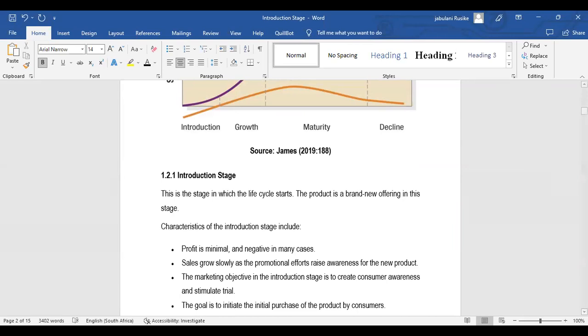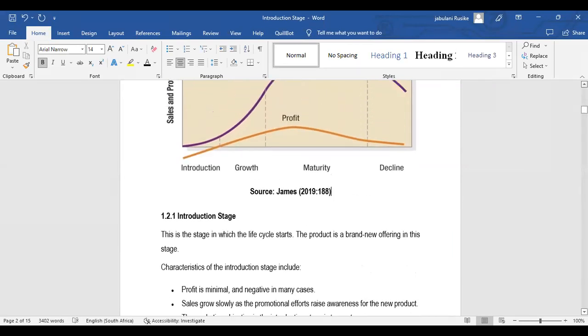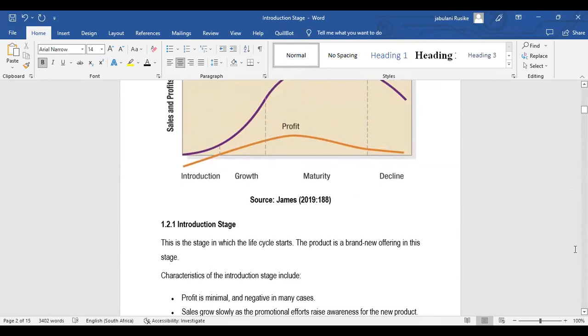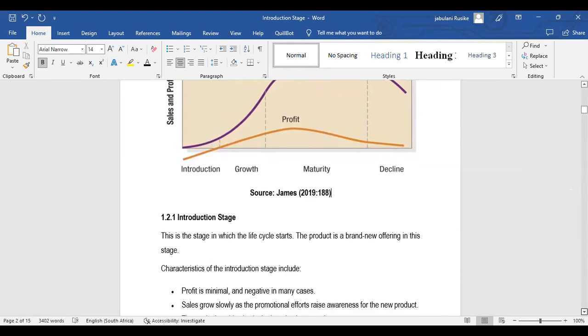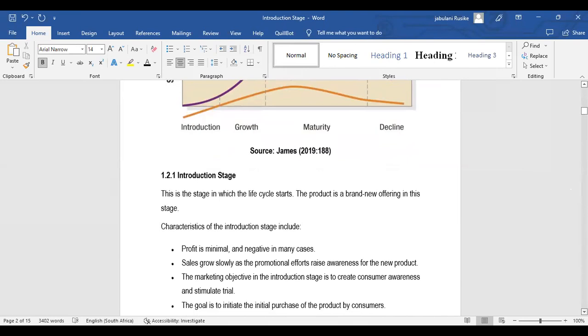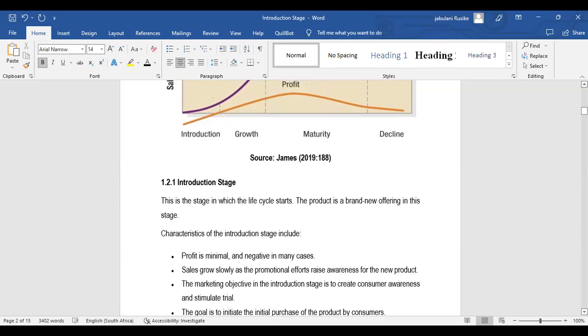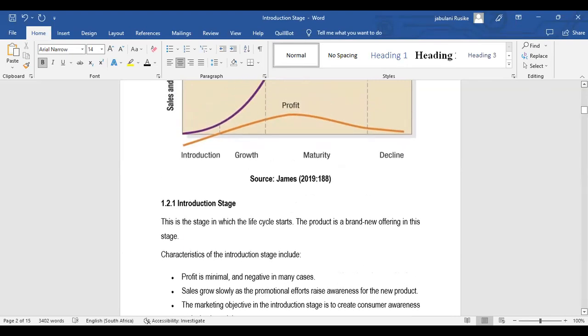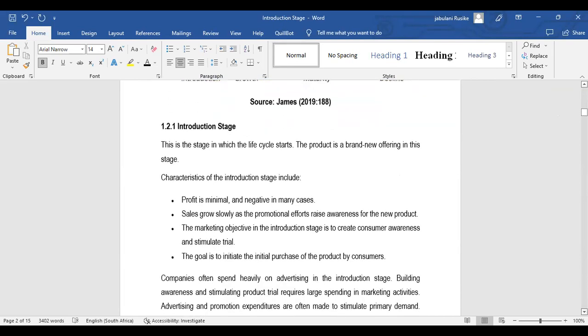We did speak about it. We said this is the first stage, when a product is being introduced. So the key point here is to look at the characteristics of the introduction stage, right? In this introduction stage, we can see that the profit is minimal. There is no profit, or the profit is too little, because you are trying to introduce the product to the market. You are trying to create awareness. You are trying to make the product known to the people. And the objectives of this introduction stage are to create consumer awareness and stimulate trial